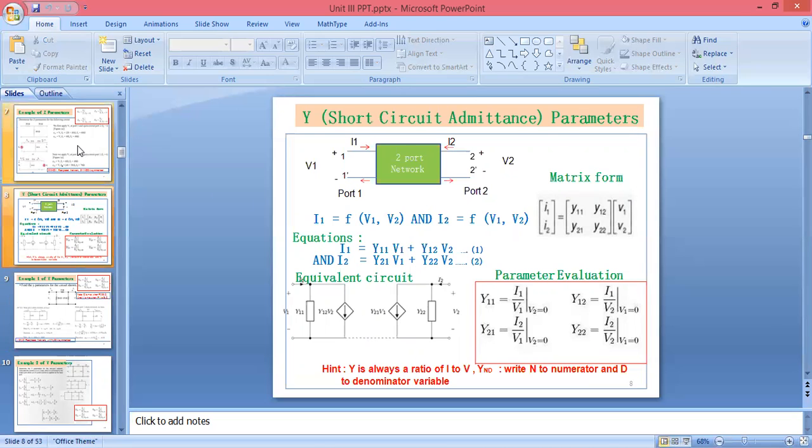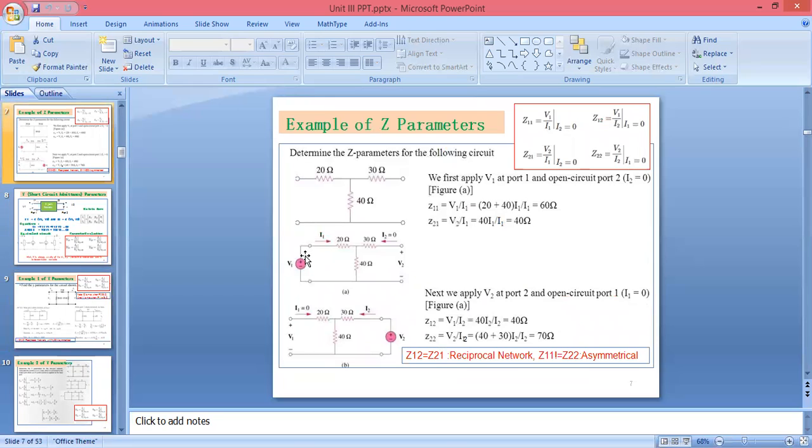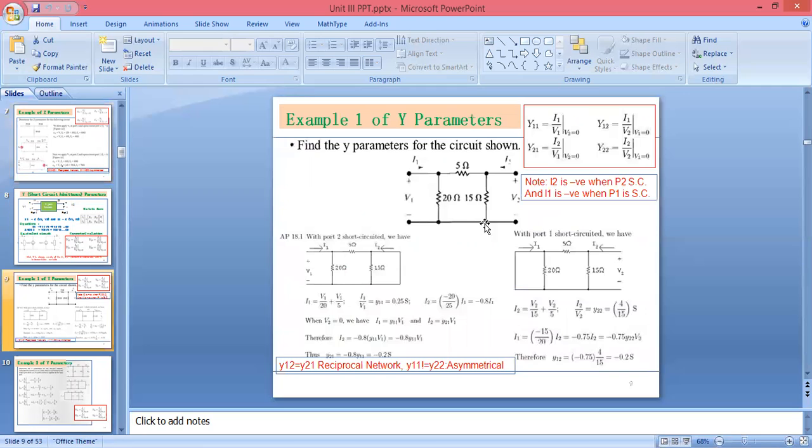हमें Z पैरामीटर में हमने क्या किया था? We took voltages and considered the remaining port as open circuit. But here in this circuit the voltage is already given, तो हमें voltage वहाँ लेने की जरूरत नहीं, because वहाँ पे दिया है. If they have not given it, at that time you are supposed to put it. But instead of open, we are supposed to take short, because here we have to derive the value of current. So here you can see they have given voltages, so we are not taking voltages, only making the short circuit. Firstly we will derive for the first port.